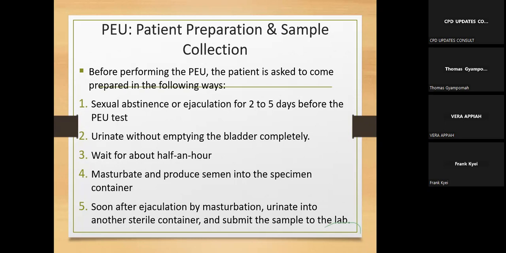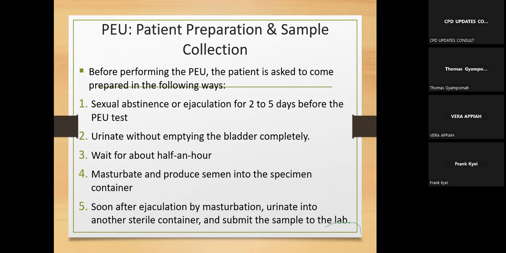All right. So already, from the history and everything, the clinician is suspecting retrograde ejaculation. So then ask the patient to go and do the PEU. And here our PEU is not a pediatric emergency unit. It is post-ejaculation urinalysis. If a doctor writes this, that means that you, the clinician or the scientist, should